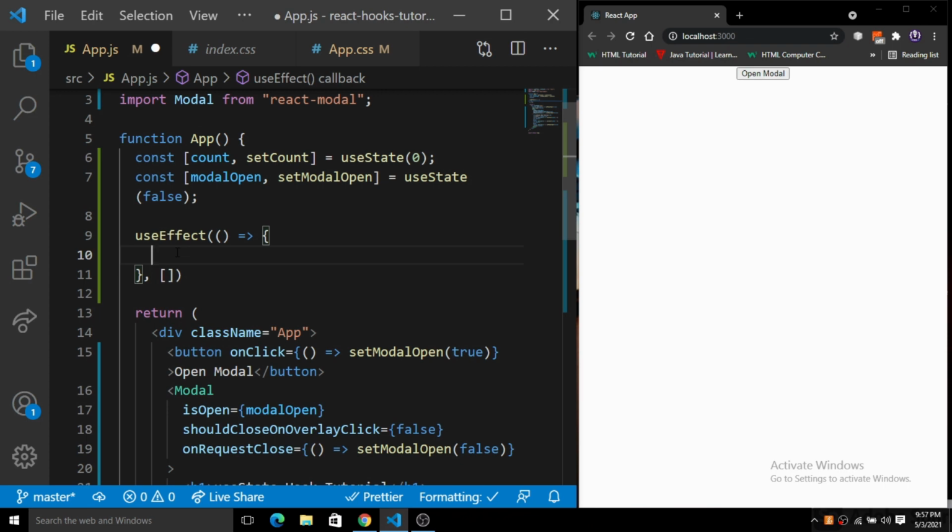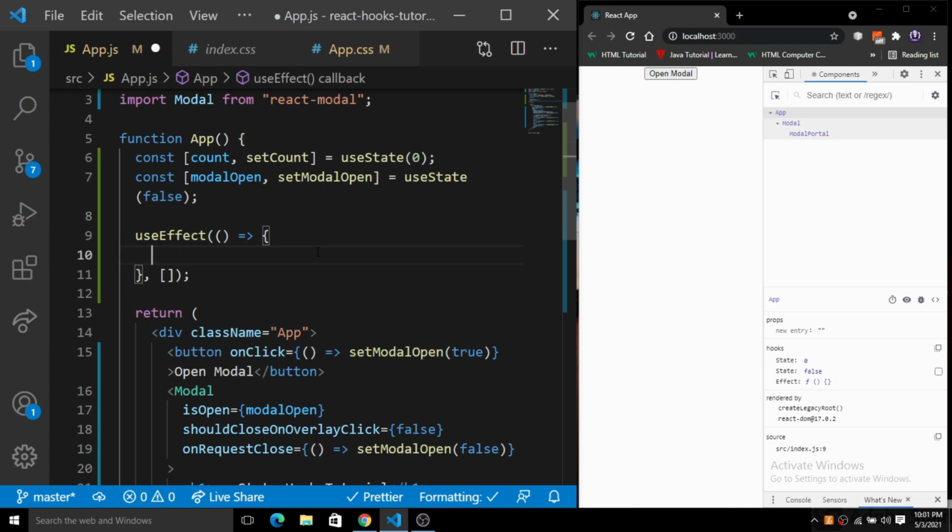Let's learn it through an example to explain the whole thing. What we will do is first make an auto increment function that will increment automatically after every 2 seconds. How will we do this? One thing is clear: when the component loads, this useEffect will run a single time, no matter what, whether you pass the dependencies or not.